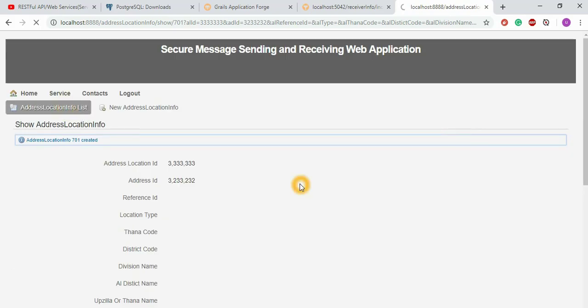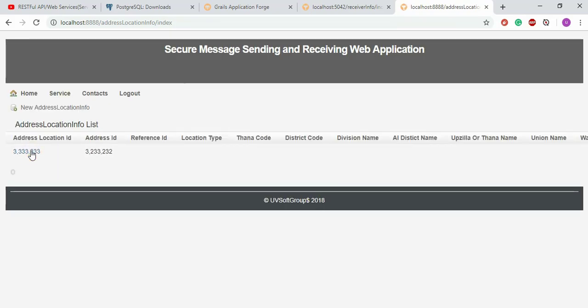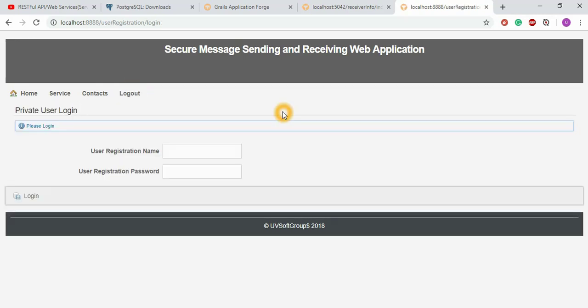You see the address location list. So is it properly generated? Open. So do all the CRUD operations, all the functionalities there. So here is the logout again, then you see this. So that means I will try to make some Selenium tests with all the GUI functionalities, and I will include